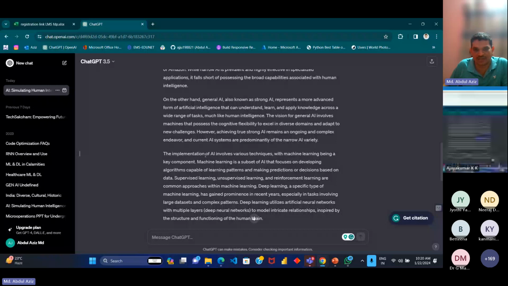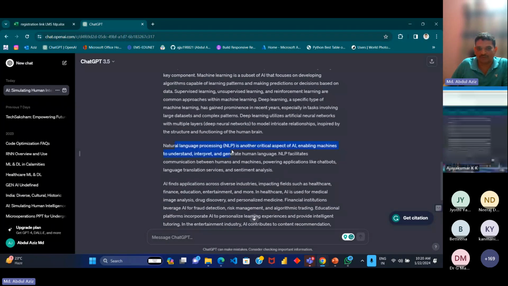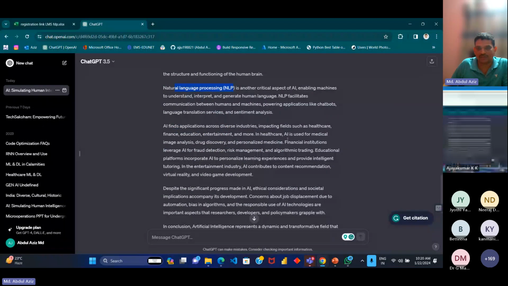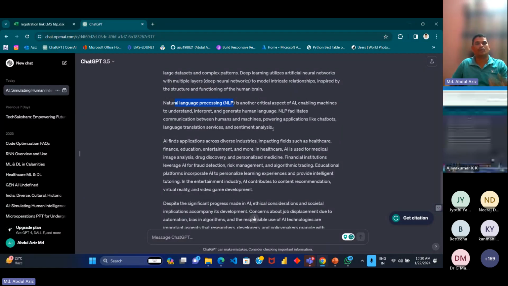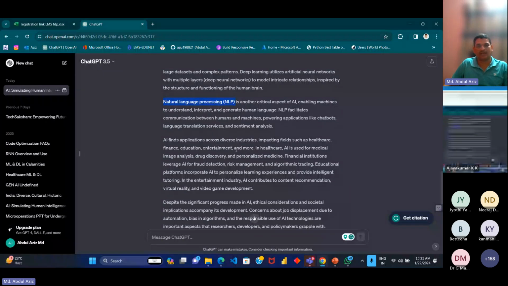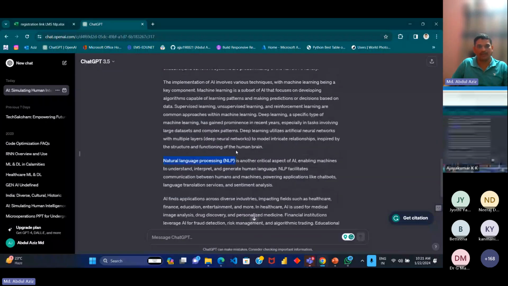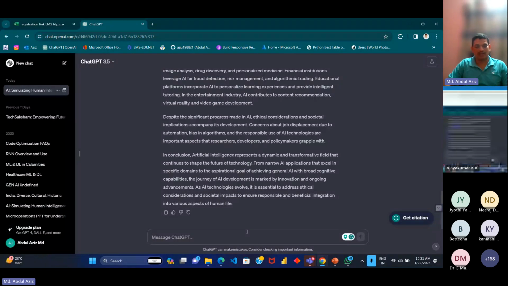You can see it is elaborating about machine learning, natural language processing, and the applications of it and all the things, right? Suppose you want to know more about NLP, in point of NLP, what is the role of AI? If you want to know more about that, you can ask something like